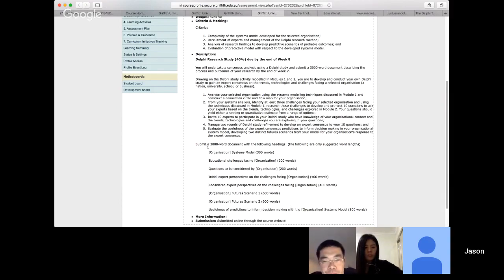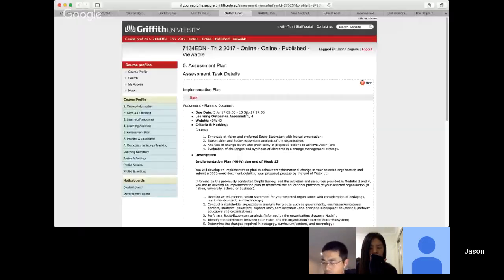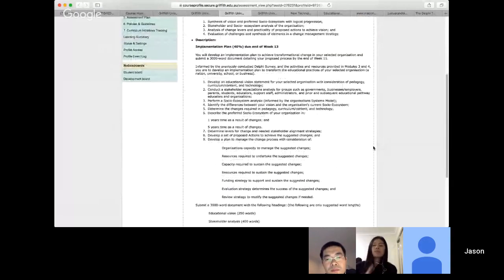Okay, then we have the final task, the third task actually, which is your implementation plan. This is due just before the end of the course, on the 15th of September. Here you're going to come up with a 3,000-word plan of how to change your organization so that it can achieve the sorts of things that you identified in that Delphi study.